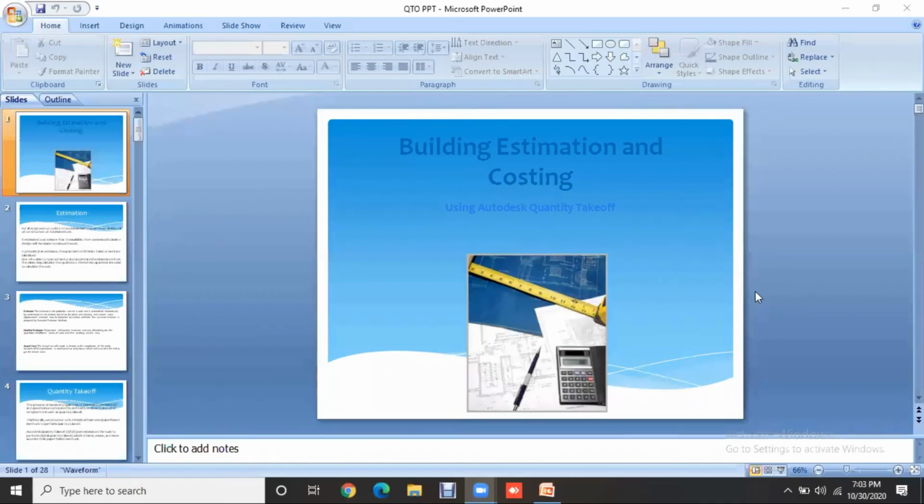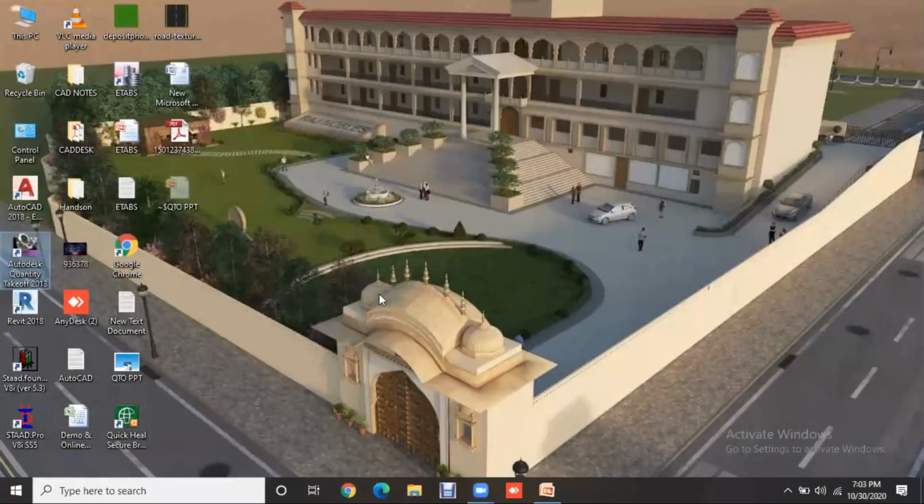So basically, the quantity takeoff. This is the software, the Autodesk Quantity Takeoff. This software is very flexible when used on Windows 7. If you are using Windows 10 or 8, some errors also occur in this software. So basically, when we are calculating any estimations and costs,